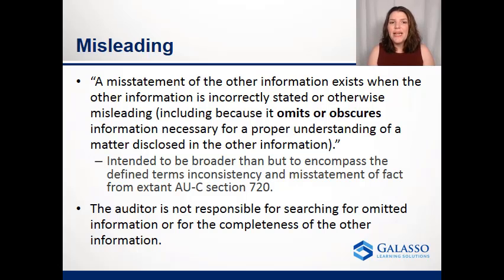And as we go through it, the reason why they feel like you can undermine information by having information that's either irrelevant or obscuring the true understanding of this information. And so the proposed SAS is there to try to incorporate all of those. So it's broader than what currently is in there today, which is the terms inconsistency and misstatement of fact. So that's what we talk about today. The proposed SAS broadens that to include any kind of omissions, but also obscurities or providing information that's either unnecessary or inconsistent. And now it does say that the auditor is not responsible for searching for omitted information or the completeness of the other information, but obviously based on what we know.